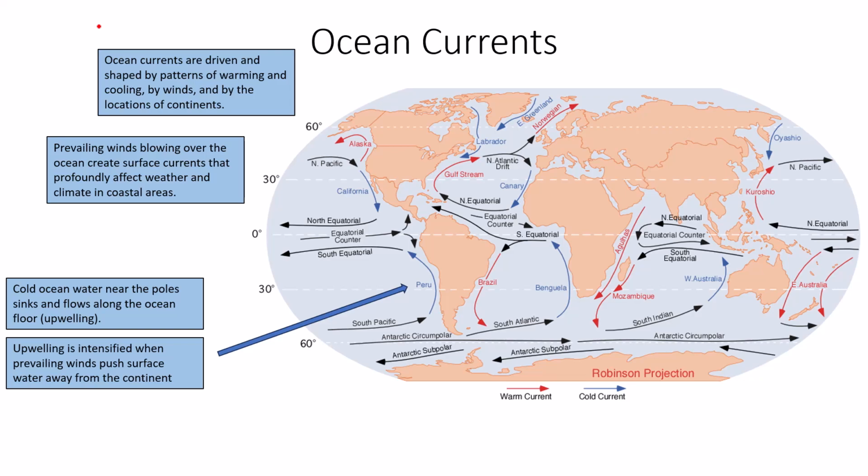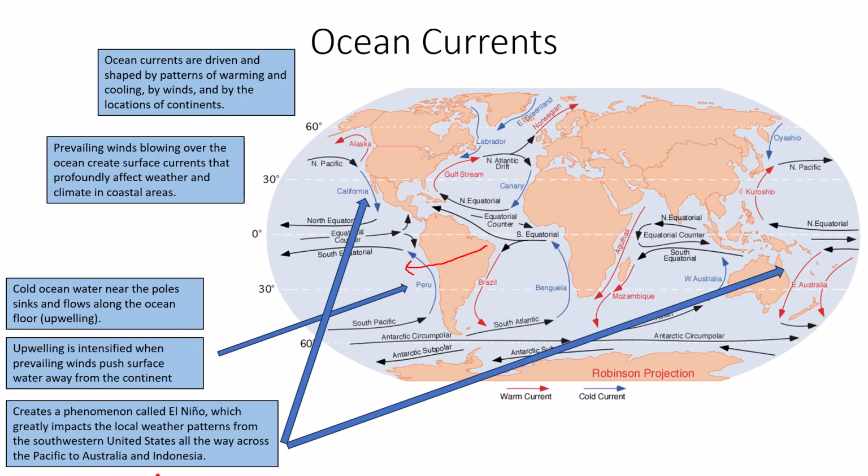But this upwelling can intensify when prevailing winds push surface water away from the continent, and you see that because if you recall from the last slide, in this tropic region, winds blow east to west. So the prevailing winds are going to be blowing across this landmass and actually pushing the surface water away from the continent. That mixed with this current that is coming in through here and moving away, as well as the upwelling, is going to create very intense